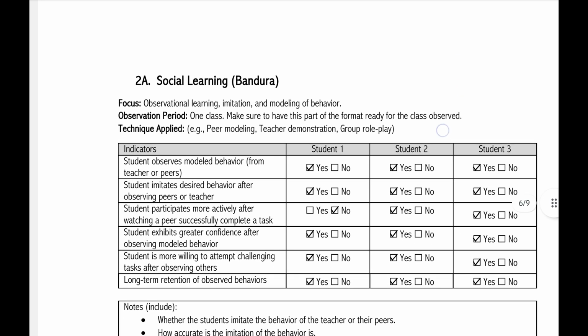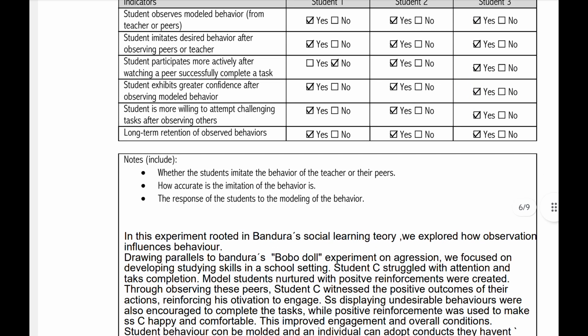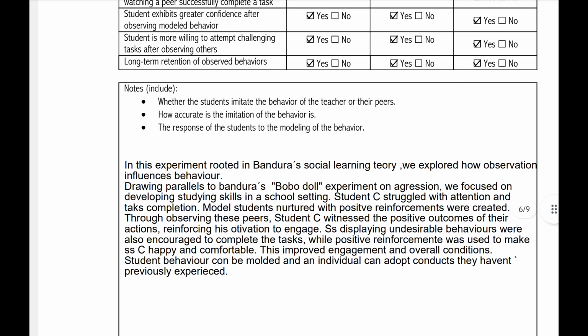So, as for Bandura, this is the markings and the experiment. Bandura's social learning theory. We explored how observation influences behavior. So, parallel to Bandura's research on aggression, the Bobo doll experiment, we focused on developing studying skills in a